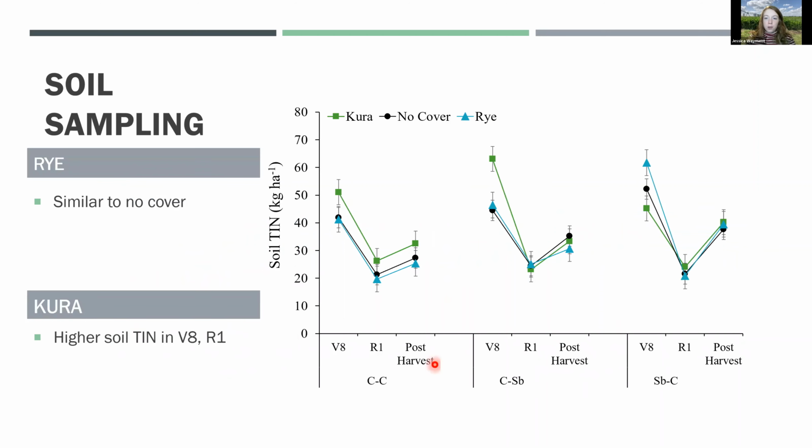So this figure shows soil total inorganic nitrogen at each of the 3 sampling periods, V8, R1, and post-harvest, in each of the 3 cropping systems: rye, Kura, and no cover. Rye was similar to no cover most of the years, but Kura had higher total inorganic nitrogen at V8 and R1. And as we saw previously with the corn nitrogen uptake, there was a lot of competition. So although the soil total inorganic nitrogen was higher with the Kura, this wasn't available to the crop during those times, indicating that Kura just outcompetes the crop for